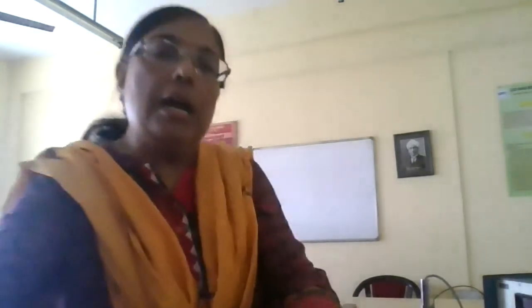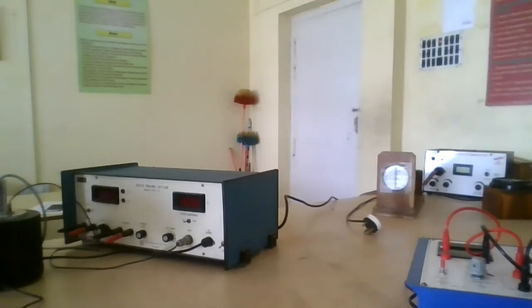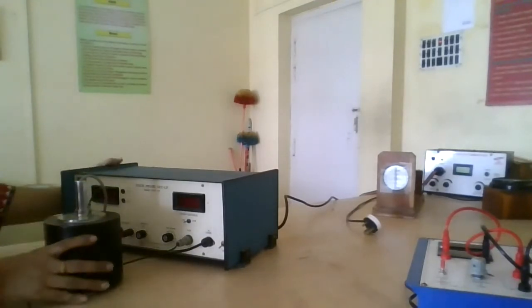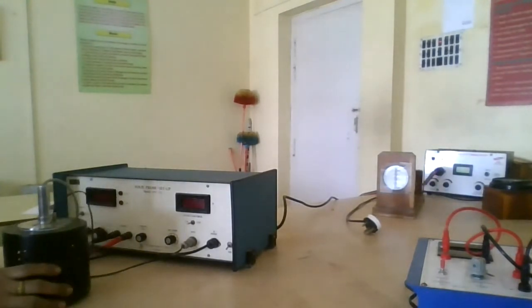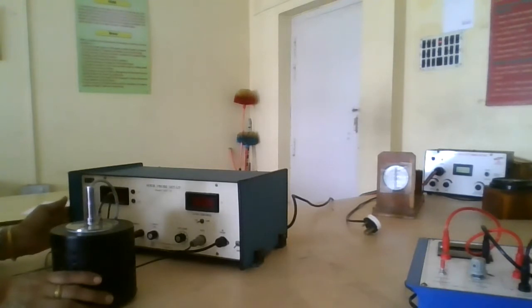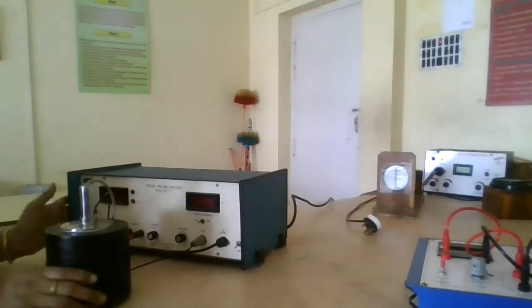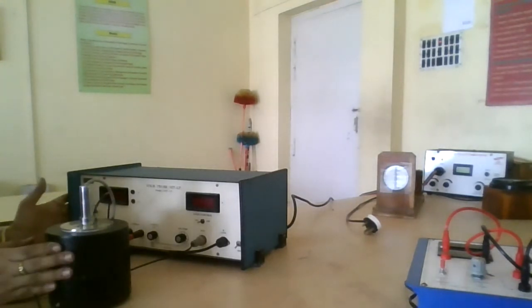So we are at the first table where I have assembled the 3 setups. The detailing, everything, will be done in due classes. Only the setups that are there, please take a look. This is the experiment to determine the energy band gap of a semiconductor using the 4 probe setup. So this is the complete setup and the detailing will be done in due course.